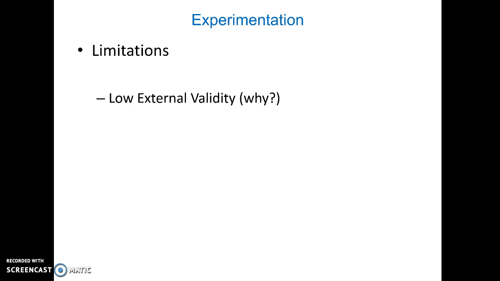As your external validity goes up, you become more correlational. And as you become more correlational, you lose causality. But if you want high internal validity, like experiments have, you lose some of that external validity. Because the real world outside, if you look out your window right now, you will see that the world is